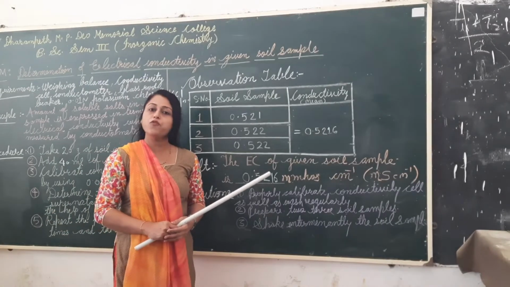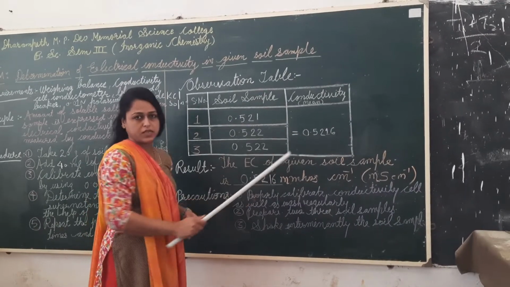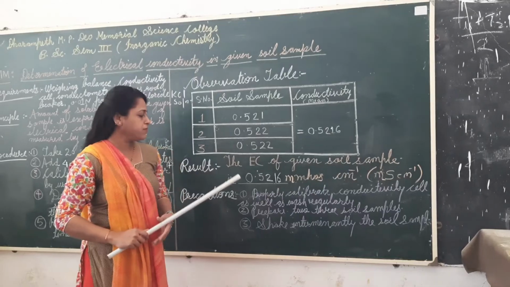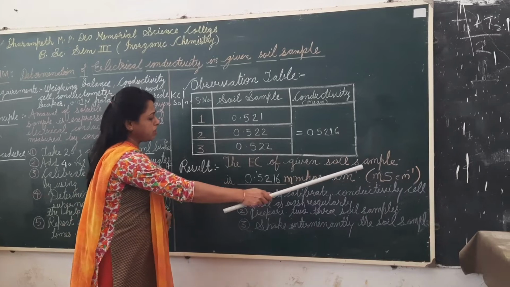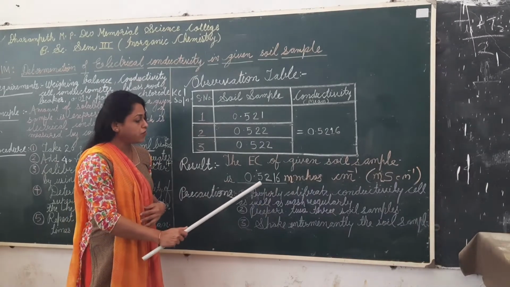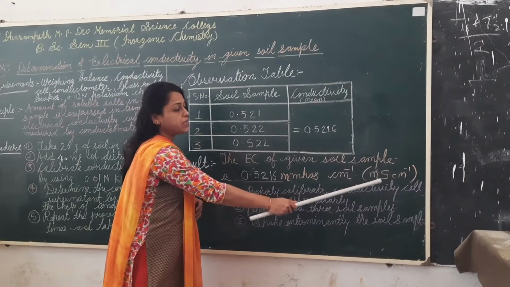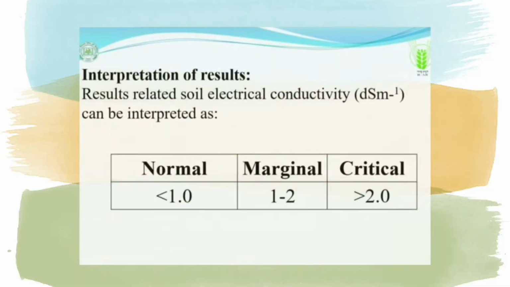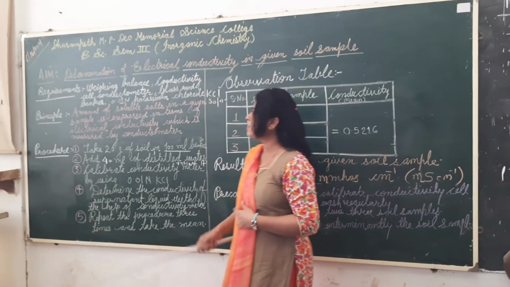If we take the mean of all these readings, finally we got our conductivity as 0.5216. So this is the final conductivity. Our result will be: the electrical conductivity of the given soil sample is 0.5216 millisiemens per centimeter. From this value of electrical conductivity, we can interpret that our soil contains a normal concentration of salts. So all this is about today's experiment, that is to determine